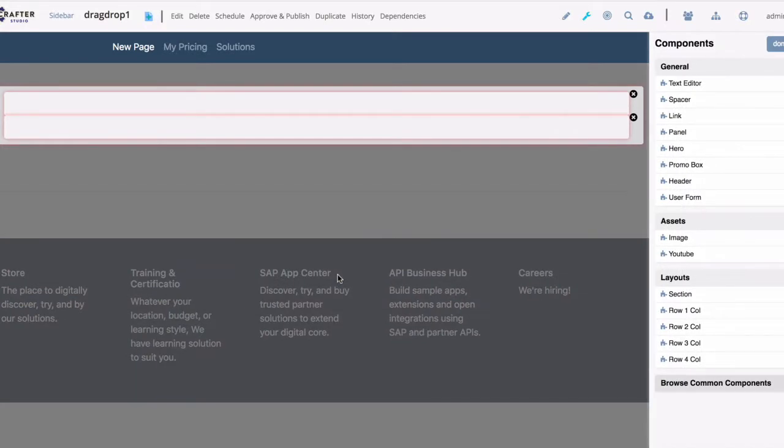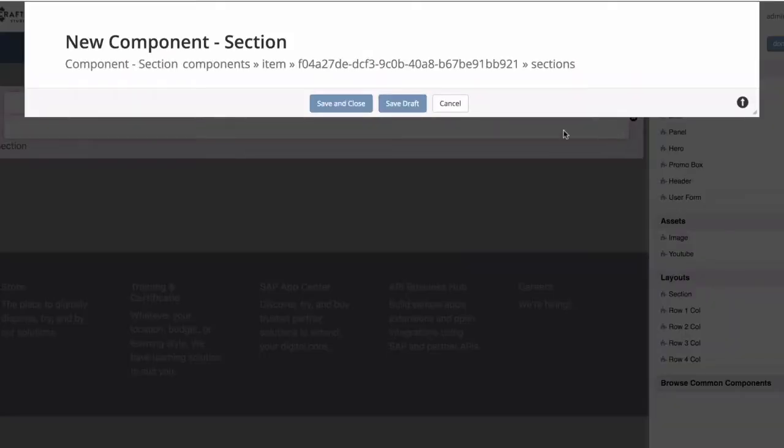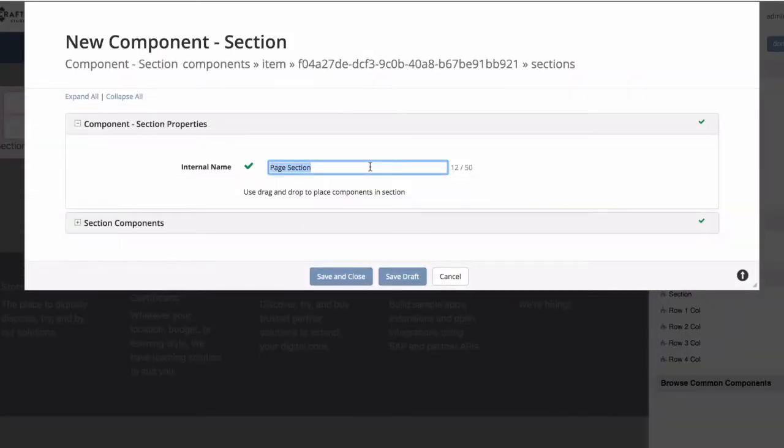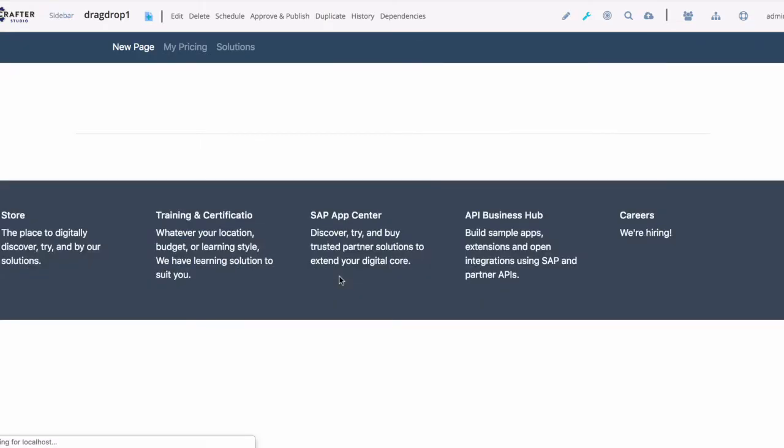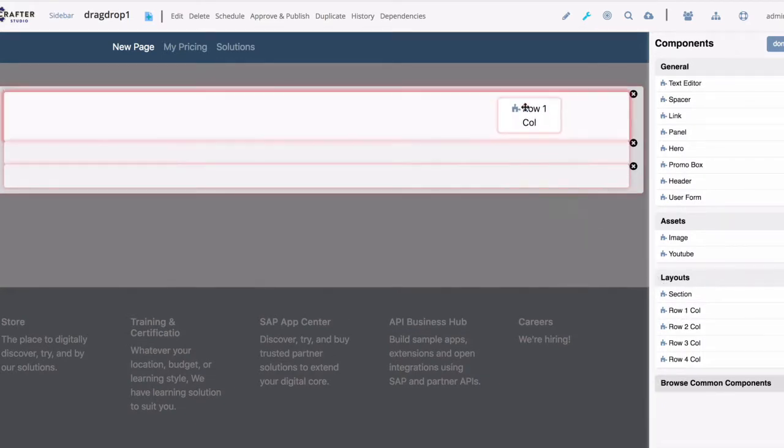And then we're going to go ahead and create a third section. So grab another section component, drop it. We're going to put that right under the other two components. Let's call this one Our Community. Okay, now you can see I've built a layout of 3 sections, and I'm going to start by putting some